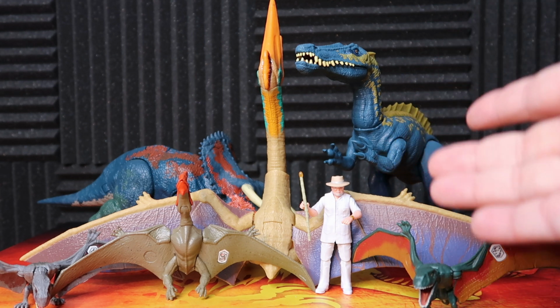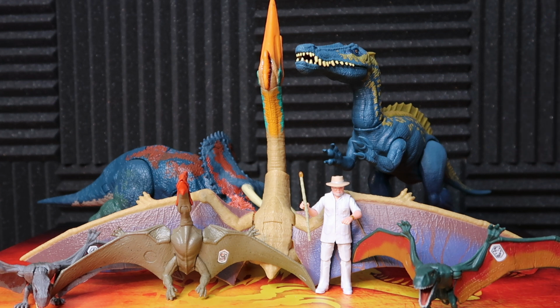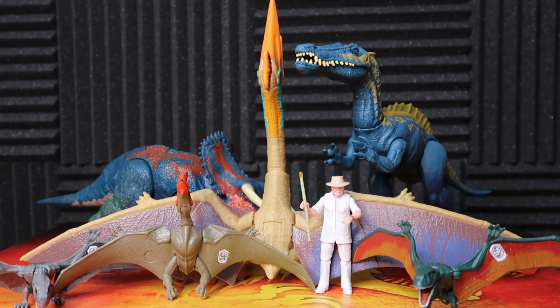So you can really tell that thing is pretty accurate. If this thing was up on its feet and had that wingspan down and in front of itself, it could probably be the size of a giraffe or the Suchomimus or something like that. So it would be really, really impressive and scary